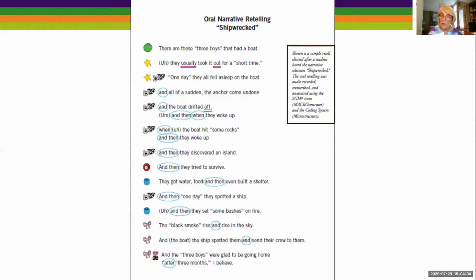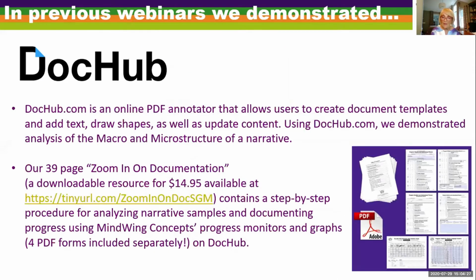And when you look at his sentences, they begin with and or when and then and then and then. And we don't have too many becauses or so's or things like that. So we're talking about a student who's in 8th grade who was actually at a reactive sequence stage in his narrative. And then we're going to be getting a little bit into Doc Hub here,